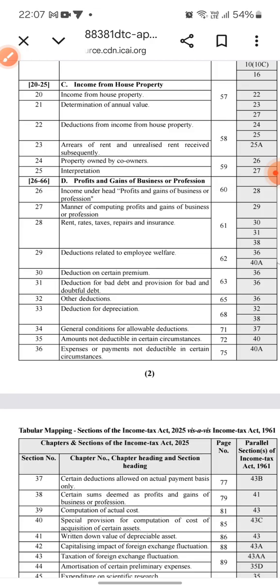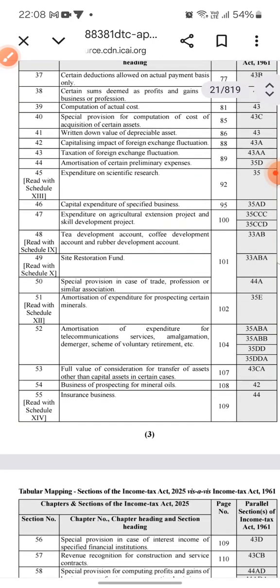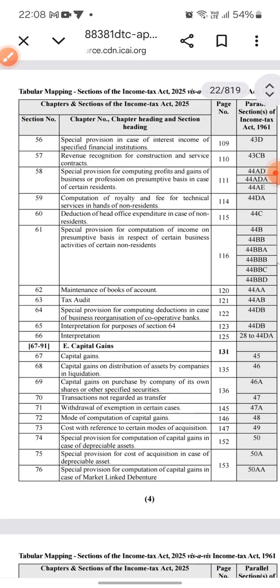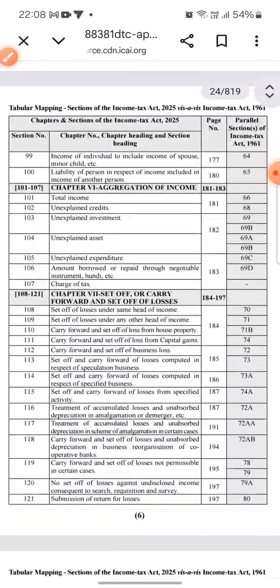Now in Income Tax Act 2025, the number of sections and their order has been reduced, because of the complexity and the large number. I think more than 800 sections were mentioned in the earlier Income Tax Act 1961. So this has been done for ease of reference for the taxpayers, so that they can easily refer to any section